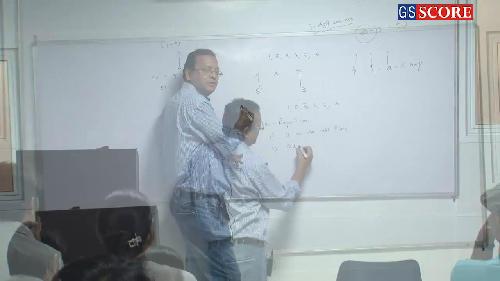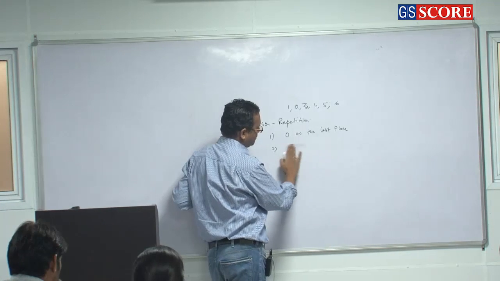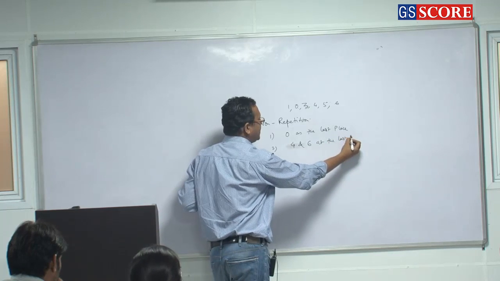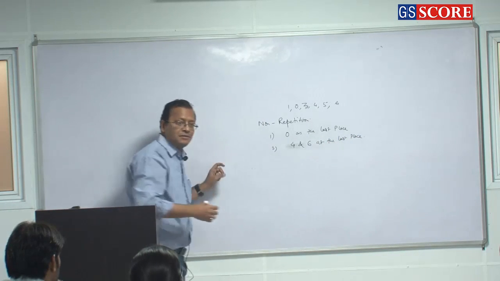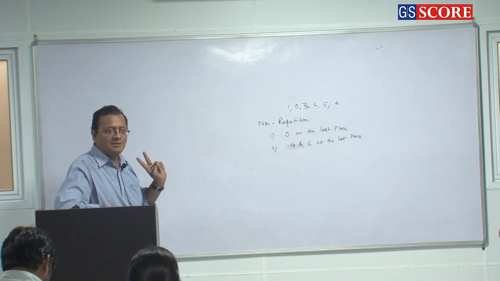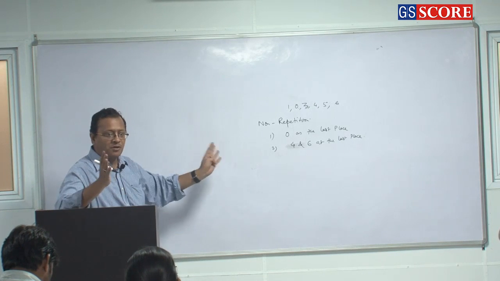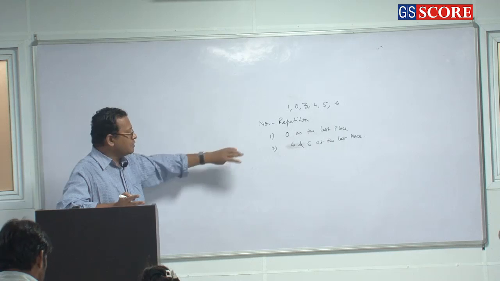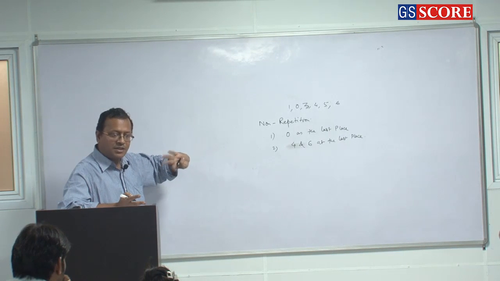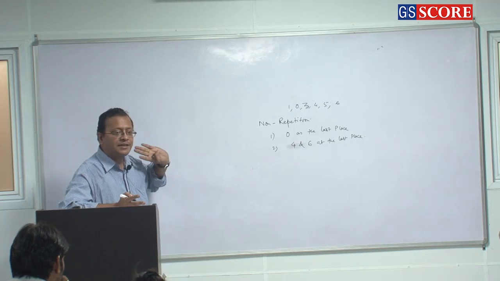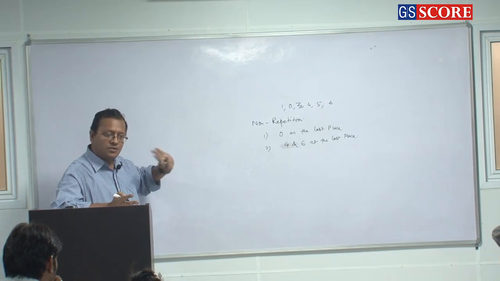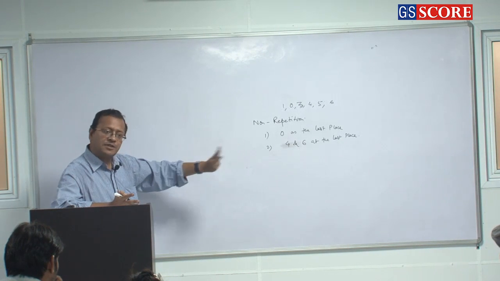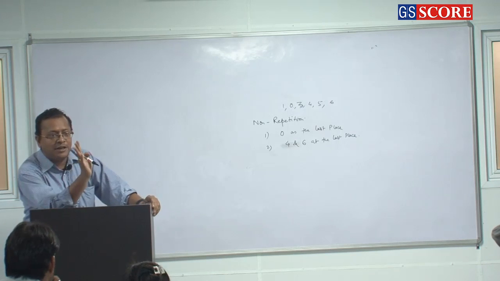Why? Because when I say non-repetition, then you have to segregate 2 cases. It cannot be a combination because 0 is a constraint. So there can be 2 cases: when 0 is at the last place, this is an even number, and when 4 and 6 are at the last place. And 0 cannot be at the first place. If 4 and 6 are at the last place, then it is implicit that 0 cannot be at the first place.